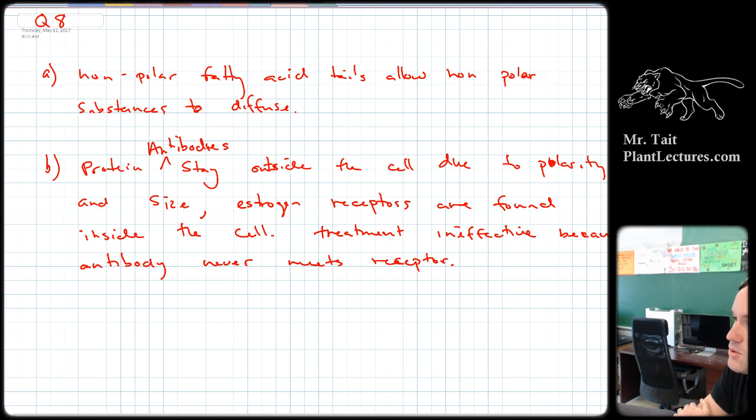Remember, when we talked about hormones, we said there were two types of hormones: fat soluble and water soluble. And the water soluble ones that can't go in, those are the proteins. And so you should be able to say, okay, proteins then are too large and too polar to go inside of a cell without any sort of facilitated diffusion. You could also say something like antibodies